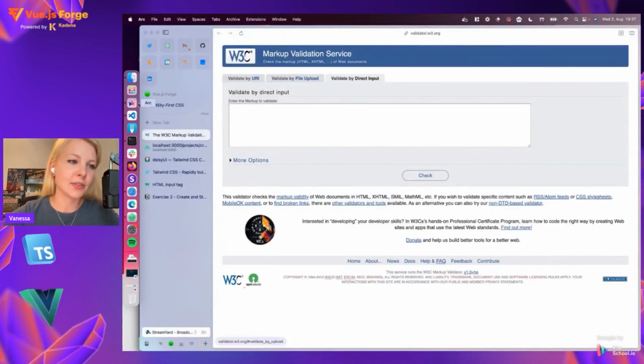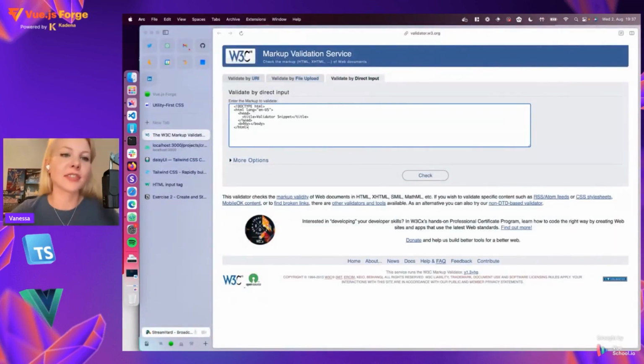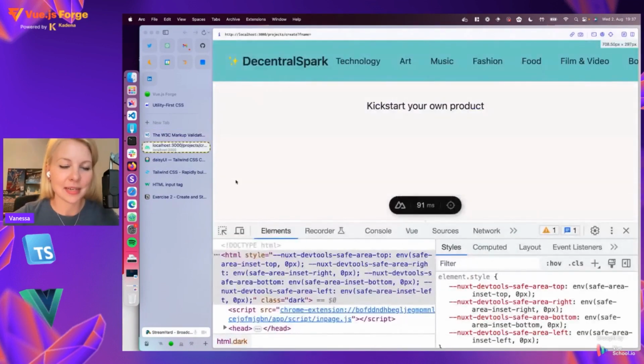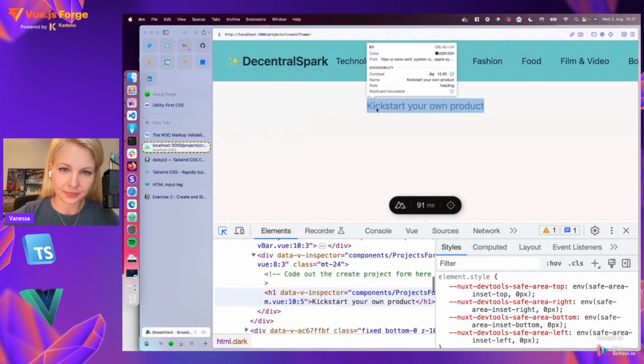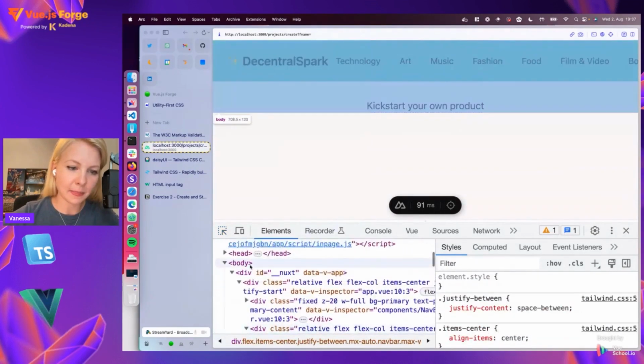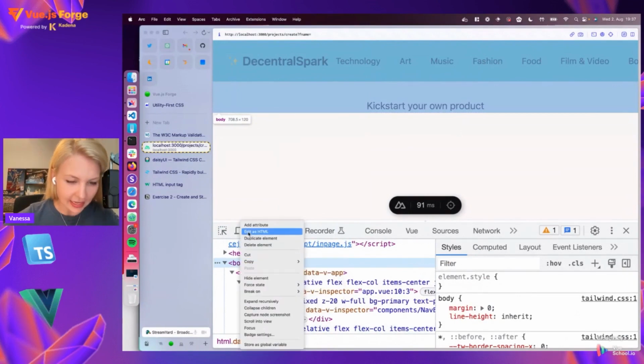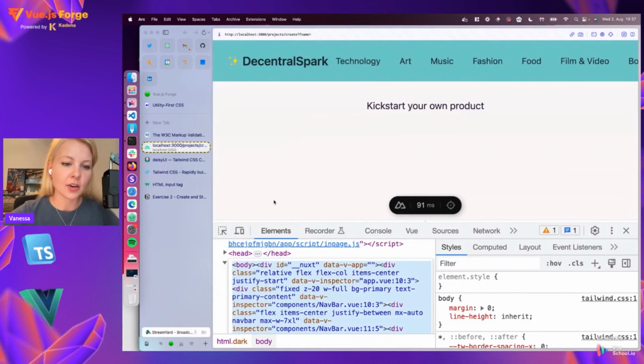And it leads me to the direct input. Going back, what I always need to do is to copy my skeleton, because for some reason there is no UX here for me to do this automatically. And what I want to test in my project is now going to the body, and I will do a right click and say edit as HTML,